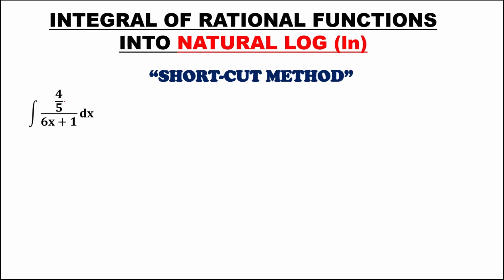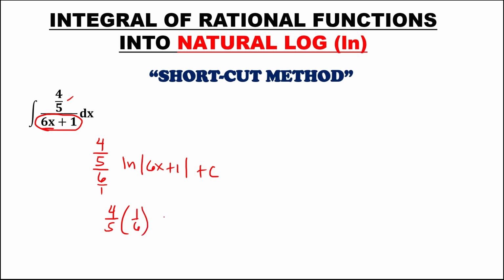And for this given, first we need to put this constant outside, then over the derivative of 6x, which is 6, then ln, the absolute value of this denominator, 6x plus 1, then plus c. Then we need to find the reciprocal of this denominator, so over 1, so we have 4 over 5, then times 1 over 6, then we have ln, the absolute value of 6x plus 1, then plus c,